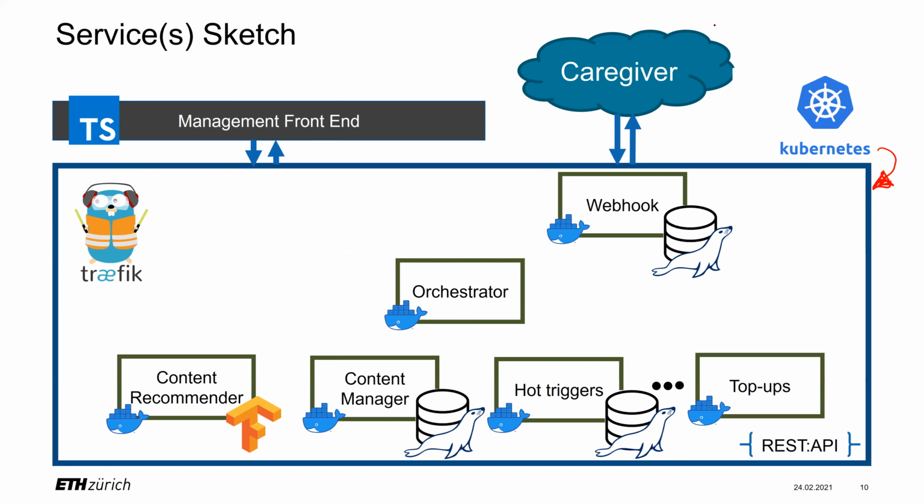It could be through a specialized app, but currently we're using Facebook chat. We are connecting the chatbot to Facebook, and they communicate through this Facebook chat to the service. So there is a webhook,